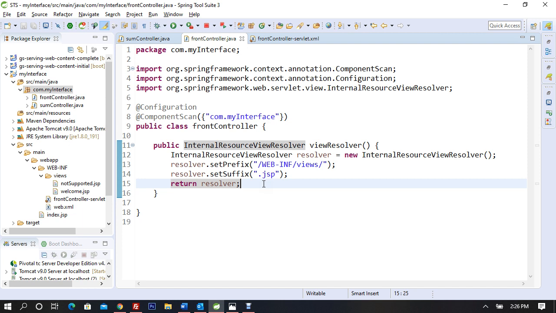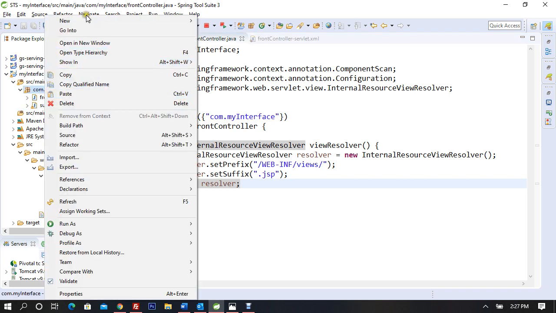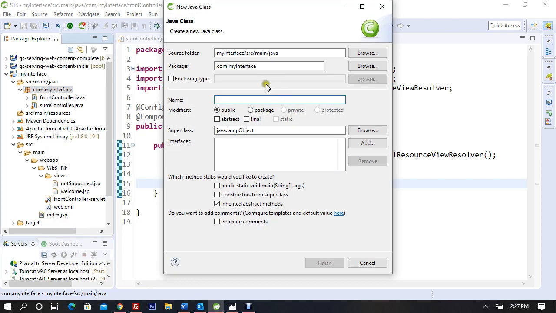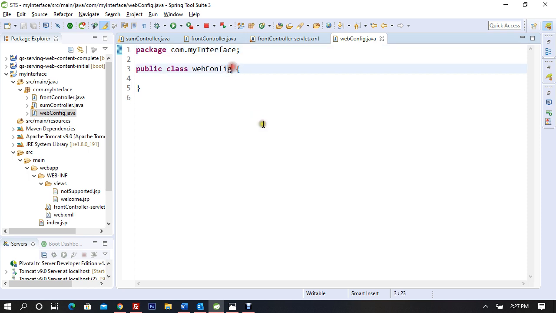Fine. Okay. Now let me get rid of my welcome.jsp. So I'll create a new class. This class will be the complete replacement of web.xml, which is my deployment descriptor right here. So I call this WebConfig. This is going to be my class WebConfig, and it is going to inherit from a very long class. Because it is now the replacement for web.xml, it is going to inherit from